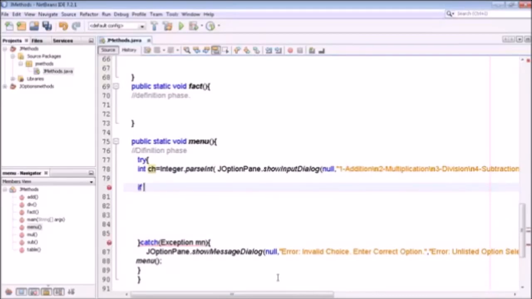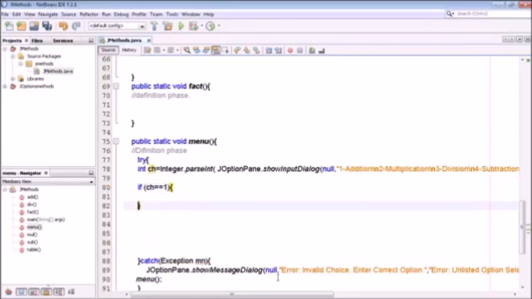If ch equals 1, what to do then? Add. Okay, else if ch equals 2, then